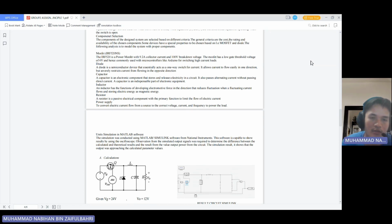So in this project, we are using MATLAB Simulink. The simulation was conducted using MATLAB and Simulink software from National Instruments. This software is capable of showing results by using the oscilloscope, and observation of the simulated output signal was required to determine the difference between